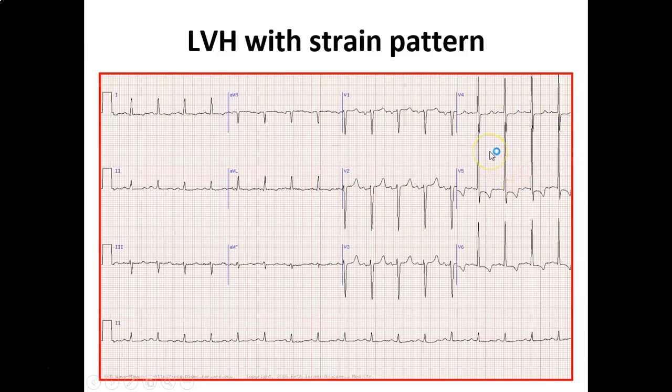On the other hand, if the same patient presents with chest pain and you don't have conclusive evidence from previous ECGs, or maybe this is some sort of new symptom, then don't discharge these patients. Do your enzymes, repeated enzymes and repeated ECGs, to rule out ischemia. Otherwise, in older patients with a long-standing history, this left ventricular hypertrophy is a strain pattern.